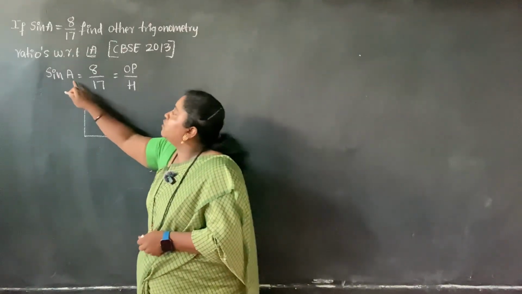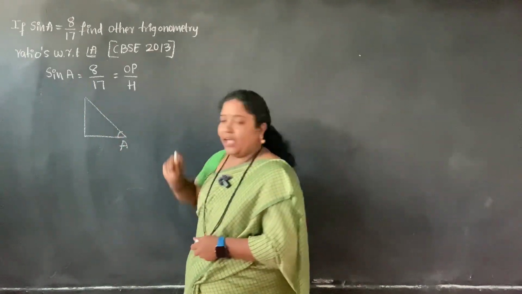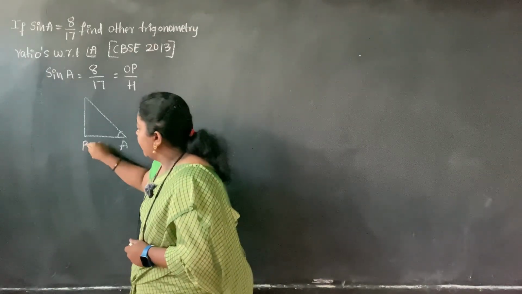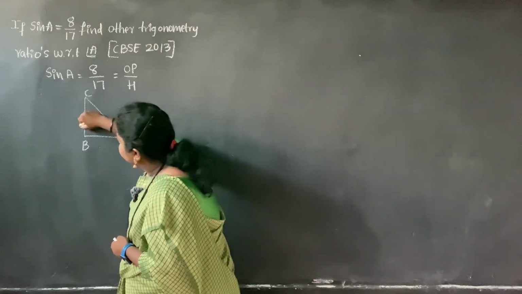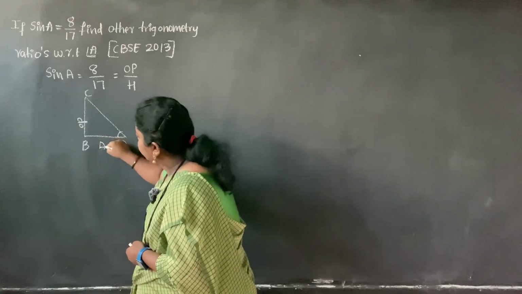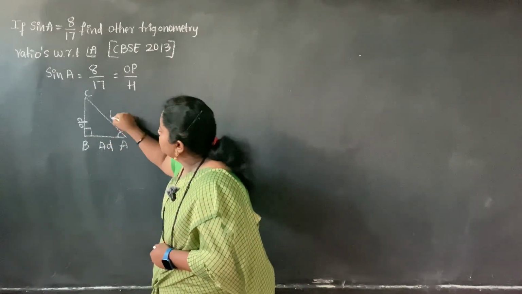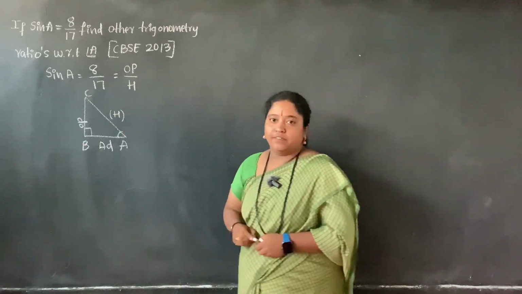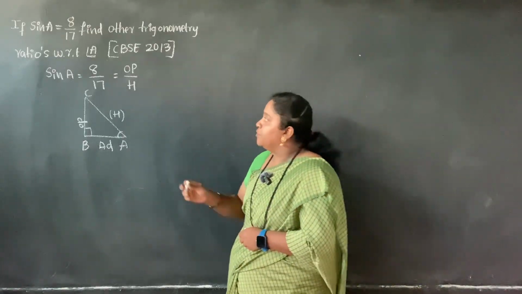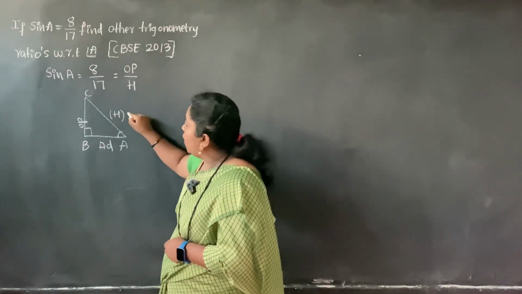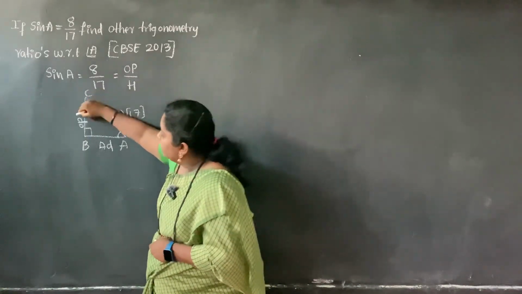Yes or no? Now they are talking about sine A. So of course, A is an acute angle, isn't it, dear? So we'll consider B as right angle and C as another acute angle. Now with respect to angle A, dears, this will become opposite side and this will become adjacent side. And as you know, the side which is opposite to 90 degree is nothing but hypotenuse. This is what the side conventions we have. And after that, dears, hypotenuse is given as 17 and opposite side is given as 8.